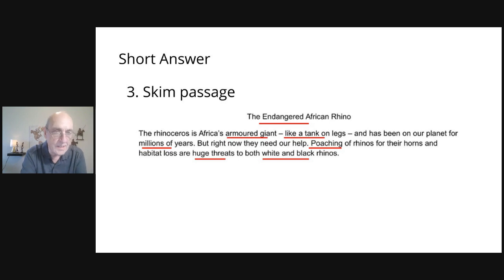So we're just looking at this portion of the passage, which contains answers that we're looking for in the questions. And we always underline the title of the passage, the endangered African rhino. We have some noun and adjective combinations, armored giant. We have a comparison, like a tank. We have a number, which is millions. And we have underlined poaching because we know that poaching is a criminal activity. And we did have a question about criminals as we looked through